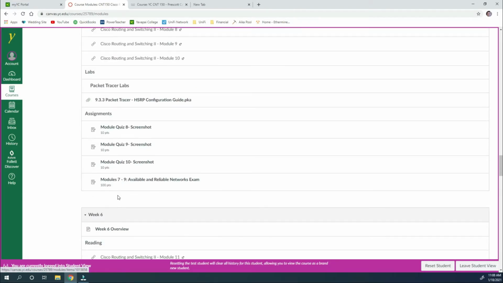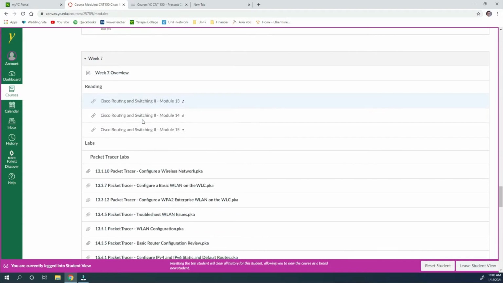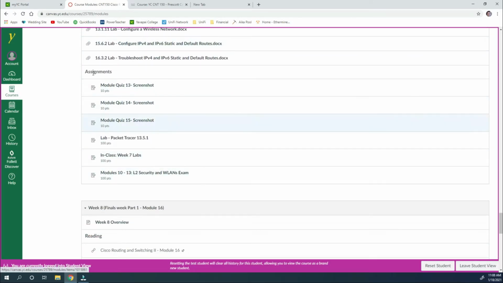So yeah, each week is going to have a module quiz and module exam. Actually, some weeks don't have the module exam. And then a Packet Tracer lab. So each week you're going to go through and make sure you submit each of these assignments. So when they say module quiz 13 screenshot, module 10 through 13